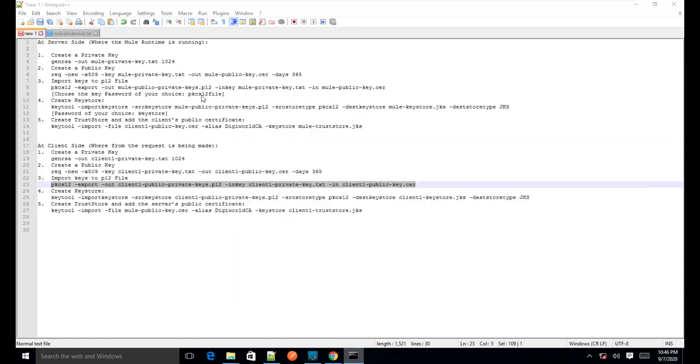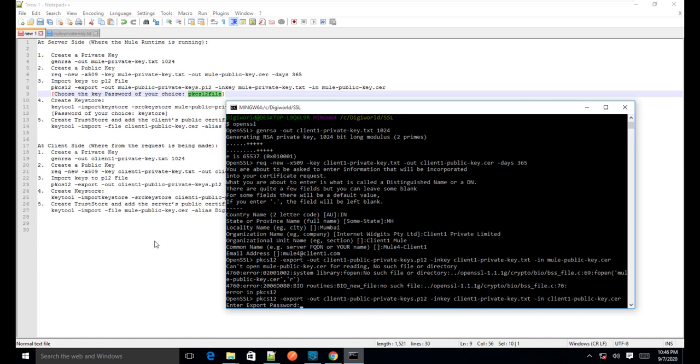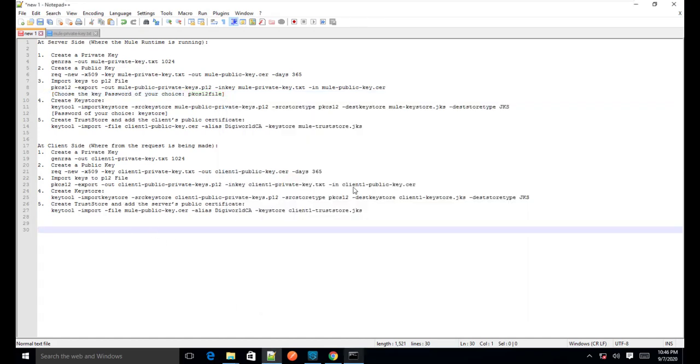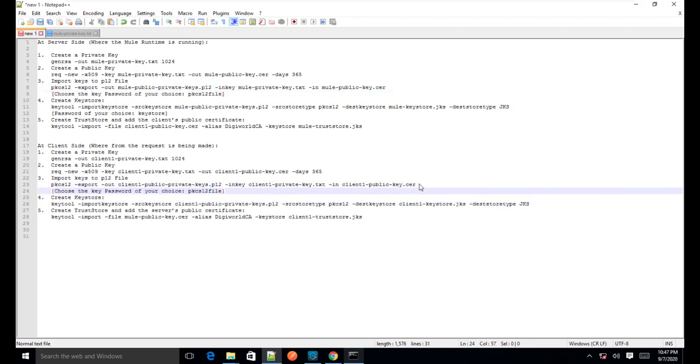For the same password, I would use the same key password here also. But let's do one thing: I will use a different password so that you can understand it properly. Here I will use this client password, and the same for the key store password.